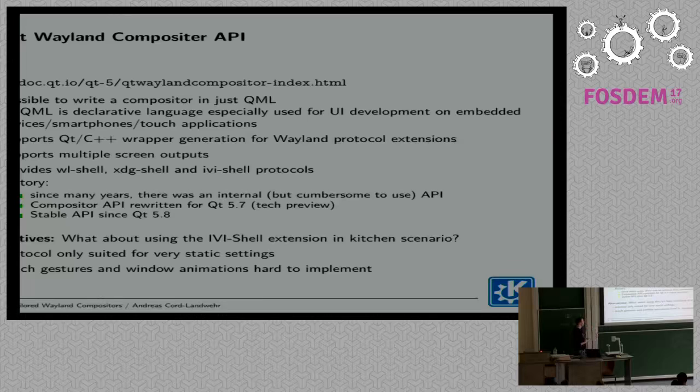I shortly talked about this Ivy shell extension. My problem until now was always that, at least from my point of view, it only fits really static settings. Like I have a screen and I have some windows that I want to put statically somewhere on the screen. That works really nicely with Ivy, but with global gesture control and other stuff I wanted to have, it didn't work. And for such requirements, I would actually have to work directly on my Wayland server, and I didn't want to hack on it, since it's really not my field and not my experience. So,